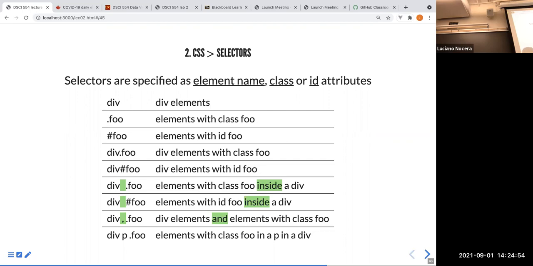Here are IDs, divs with ID row, and I think the last one is just a simple example of the space. So here, you start reading from the end, so it's elements plus class who that are inside a paragraph that are inside the